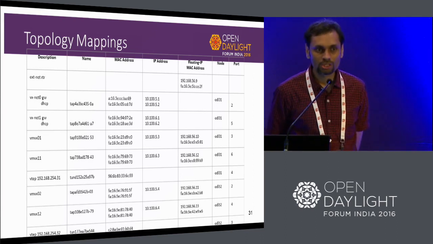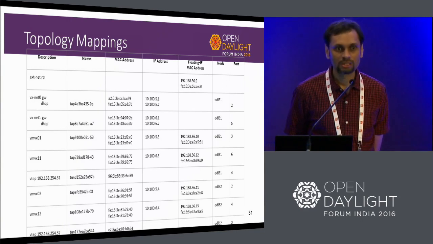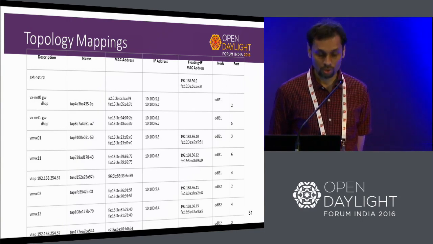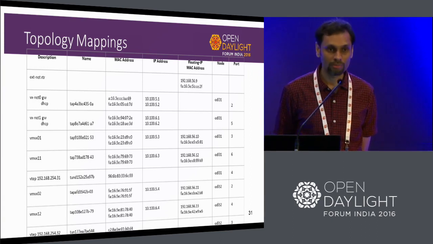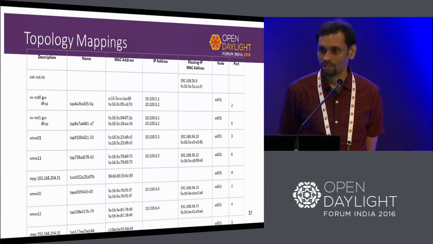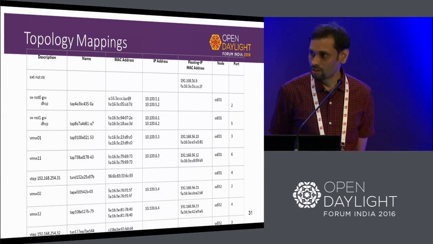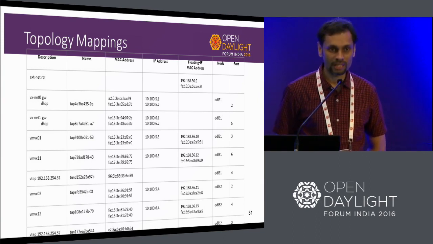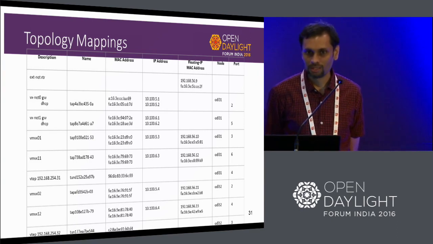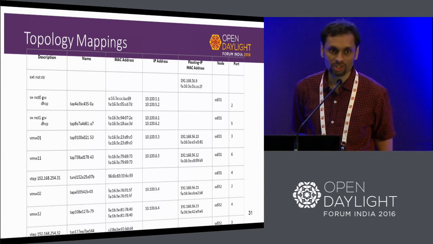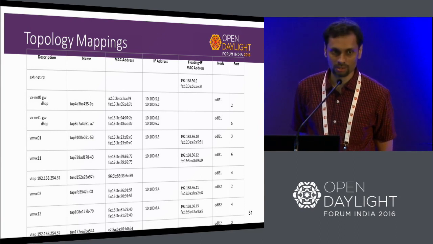So each of these nodes are CentOS nodes, and the first node, as you could see, is ODL 31 control Mitaka. That's a combined control node that runs my OpenStack controller and my ODL controller. The second node, which is ODL 32 compute Mitaka, is a compute only node. So it runs my OVS data path, which will be controlled by my OpenDaylight controller on the other node, and